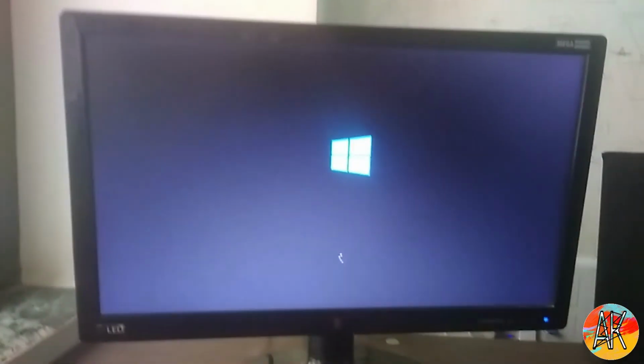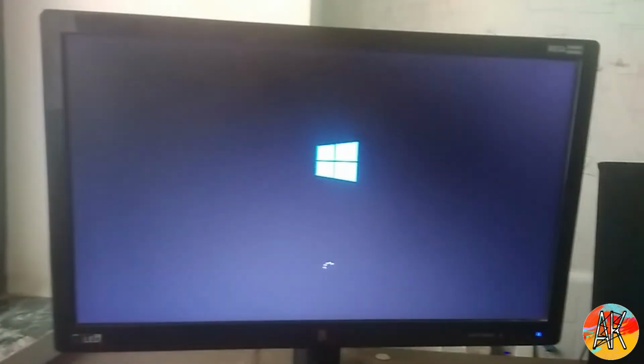You can see here it is now loading files. So guys, now you can see that our PC is booting from our pen drive.